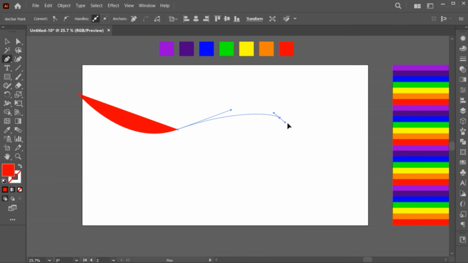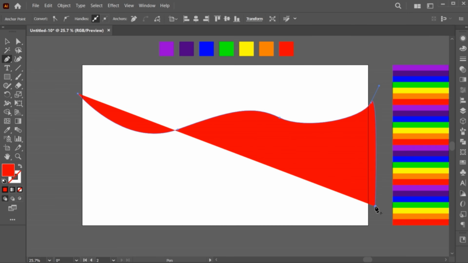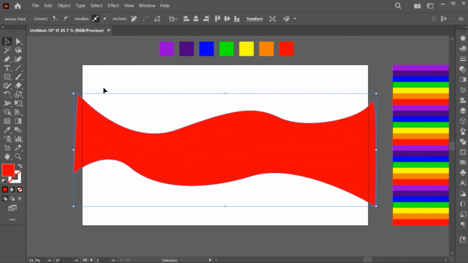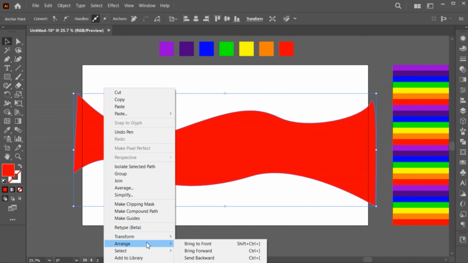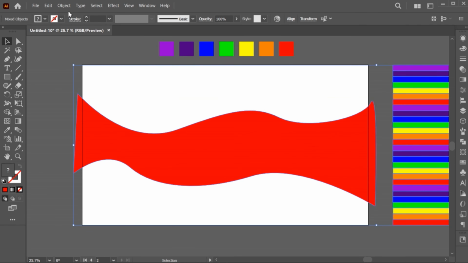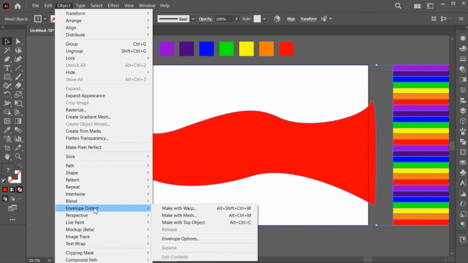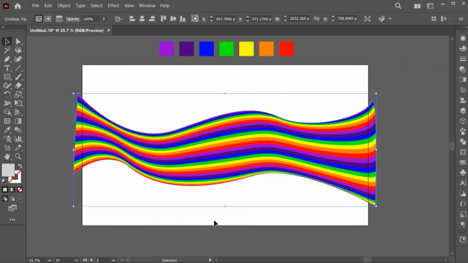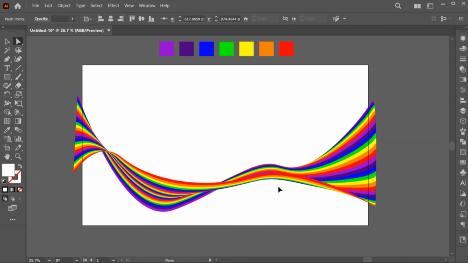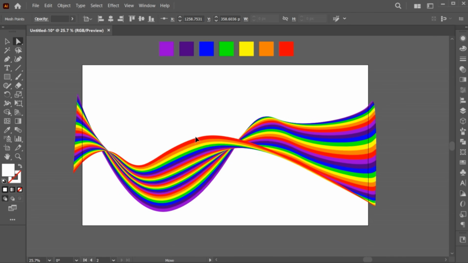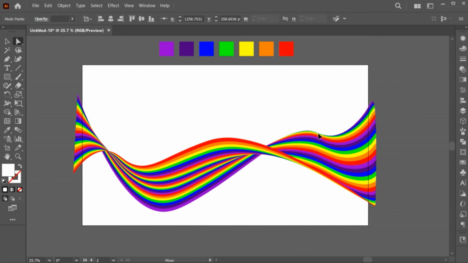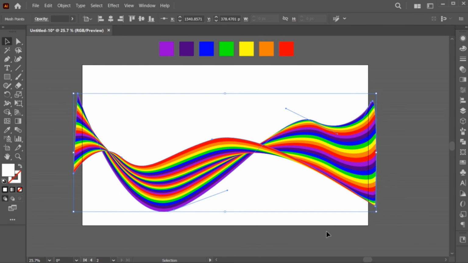Use pen tool to draw curved lines shape. Select both, then go to the Object menu, Envelope Distort, and make with top object. Play with the anchor points. And it's